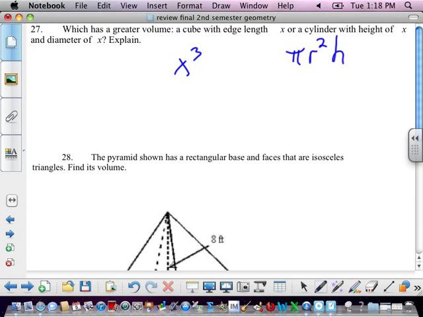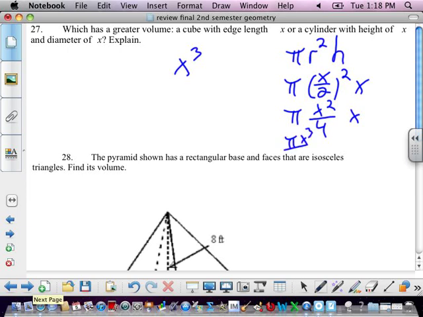Pi r squared h. Okay, so that'd be pi times, the diameter is x, so we have to do x over 2 squared times x, right? Everybody with me so far? Okay, so that would be pi x squared over 4 times x, so that would be pi x cubed over 4. So what we're looking at for number 27